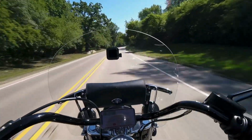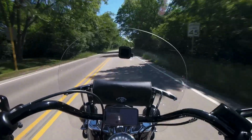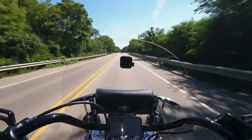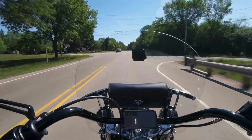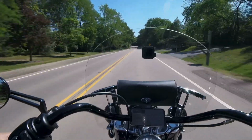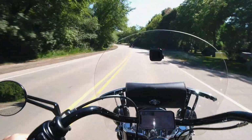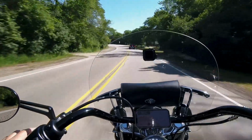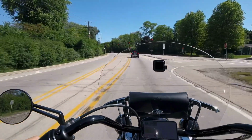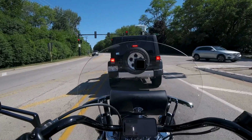So the best day to visit the museum is actually Thursday, since there is a meetup of the local motorcyclists that come to the museum on Thursday late afternoon, and there is a little hanging around up there. I have to say I visited this little hangout on a Thursday, and it was really nice. Those are basically local bikers coming together and just having good fun, and they have beautiful motorcycles, and there is always a good opportunity to take a nice picture and see what's going on up there. And today is actually Sunday, so I won't be able to show this fun,